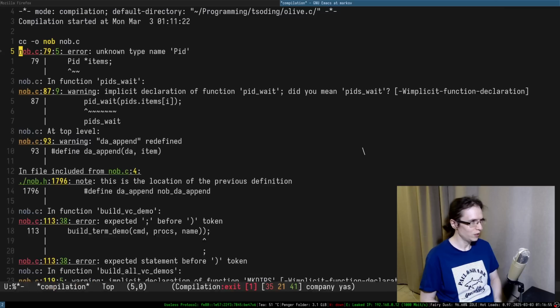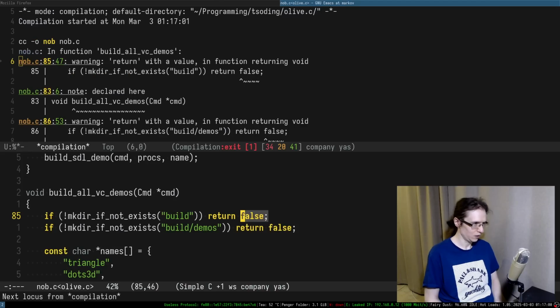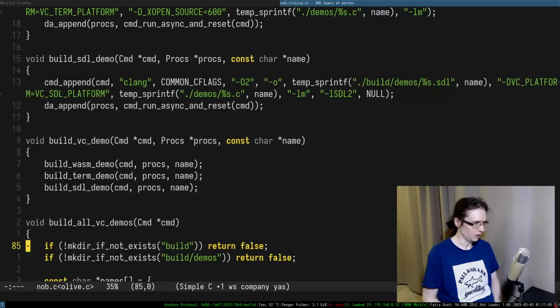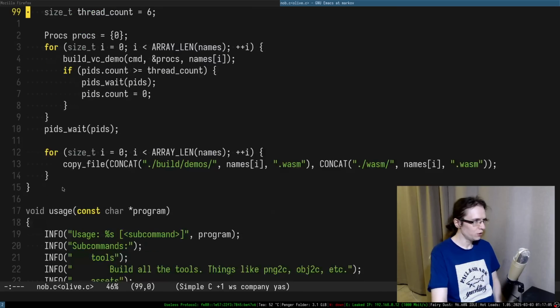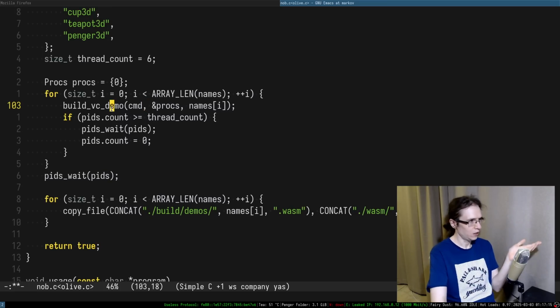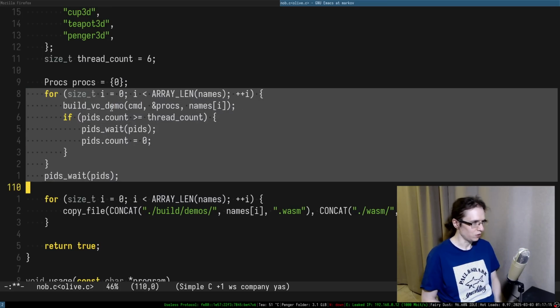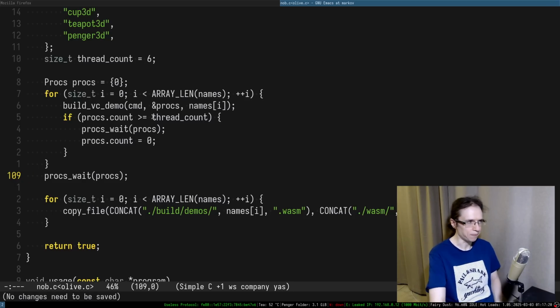So, all right, what we were doing? Let's continue compiling. So what do we have in here? Double parenthesis happens. Next one. We're supposed to return Boolean. So if we return Boolean, that means we have to return true in here as an indication that everything went okay. Okay, so I need to replace PIDs with procs. PIDs and procs and PIDs and procs and